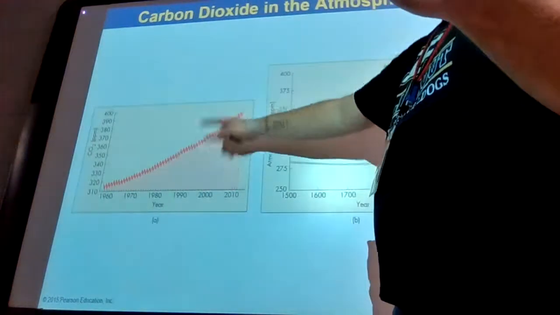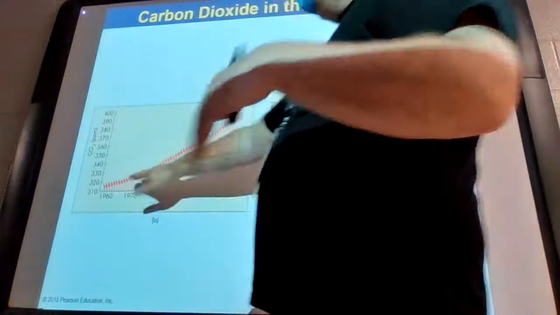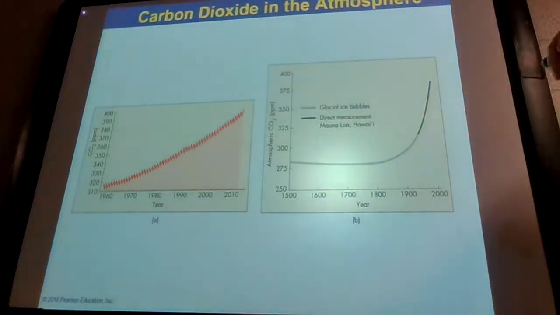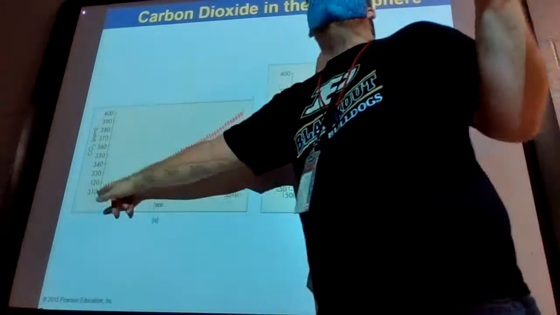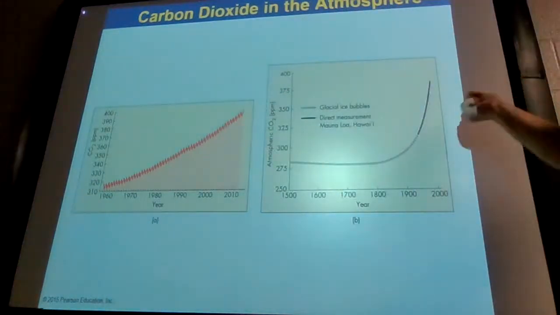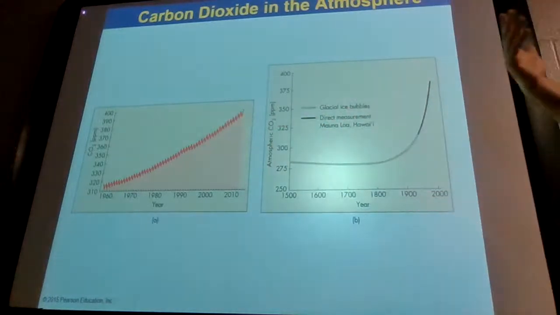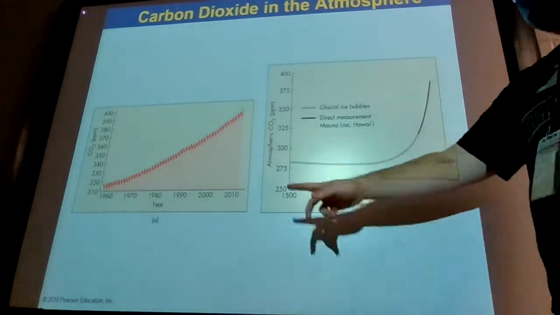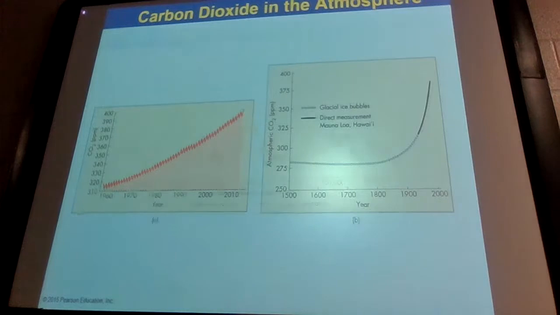And so that cycle is probably what you're seeing on the up and down, just your standard yearly seasonal cycle. And then overall, you can see the increase that's happening. Here, they're looking at atmospheric CO2 trapped in glacial ice bubbles. So we have measurements all the way back to 1960, but we can go back even further than that if we find the right ice bubbles that have trapped air from that particular atmosphere at that time into the ice. And so we can see the CO2 levels all the way back to 1500 roughly, maybe even further back, depends on where we're getting our ice from.